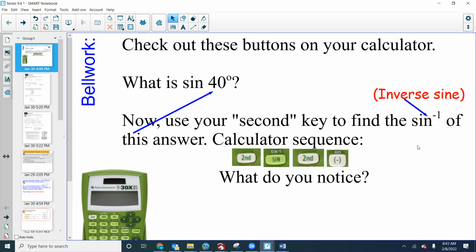And then you're going to type in 0.6427. What did you get? 40. About 40, right? If you rounded it, would you get 40? So, do you see any relationship? If the sine of 40 is 0.643 and the sine inverse of 0.643 is 40, they must be inverse operations